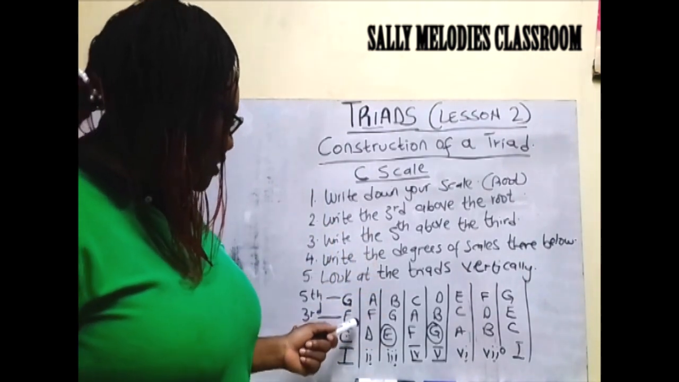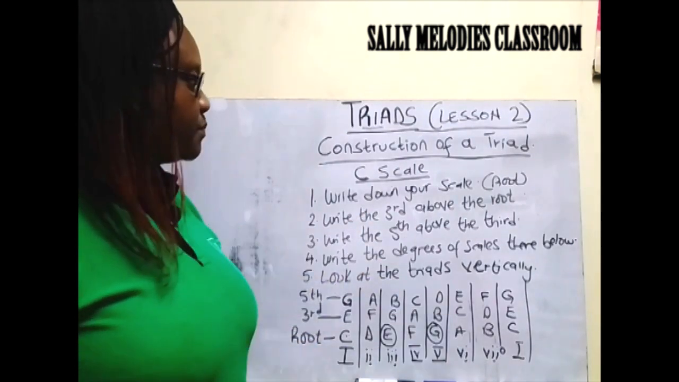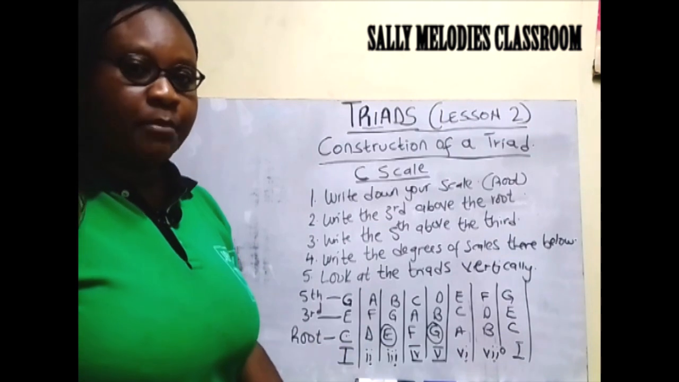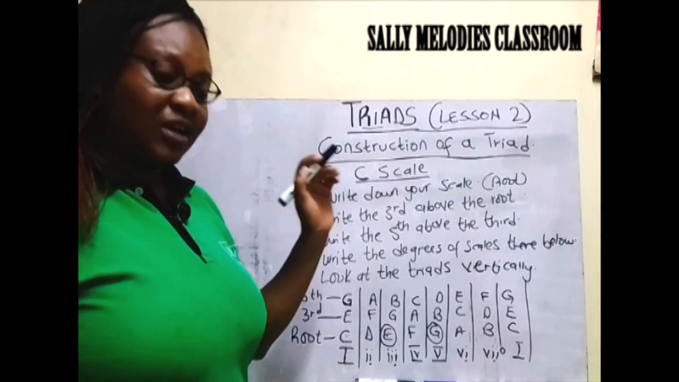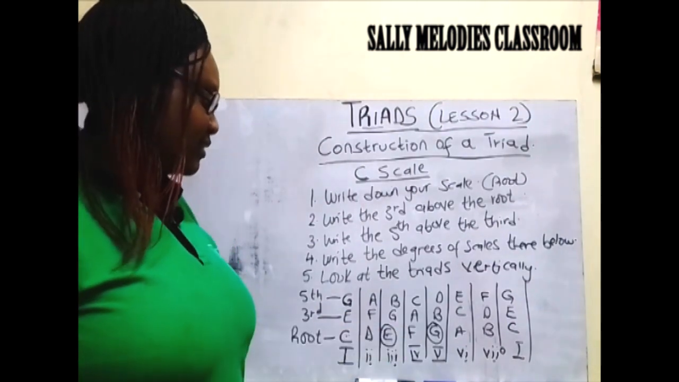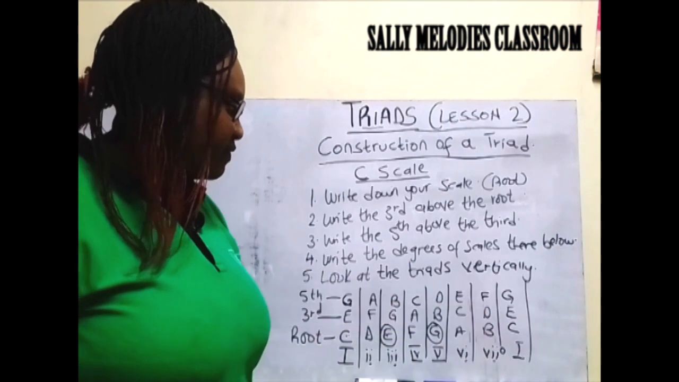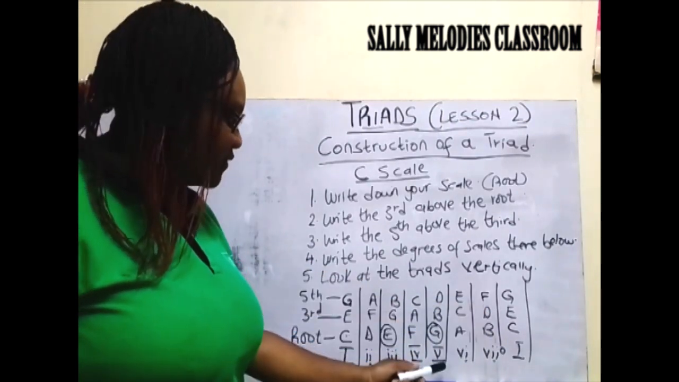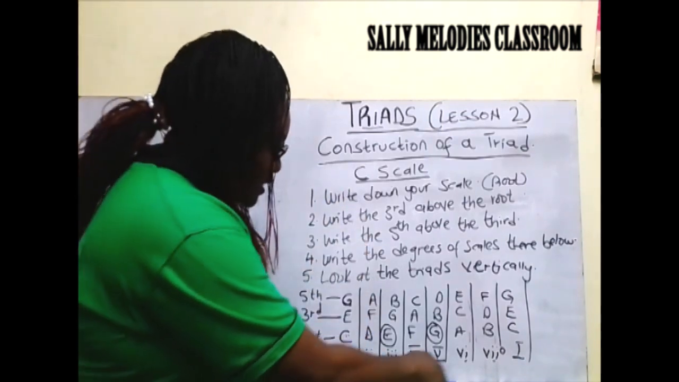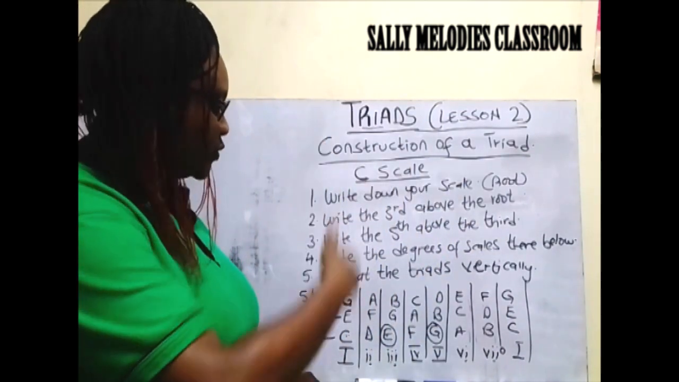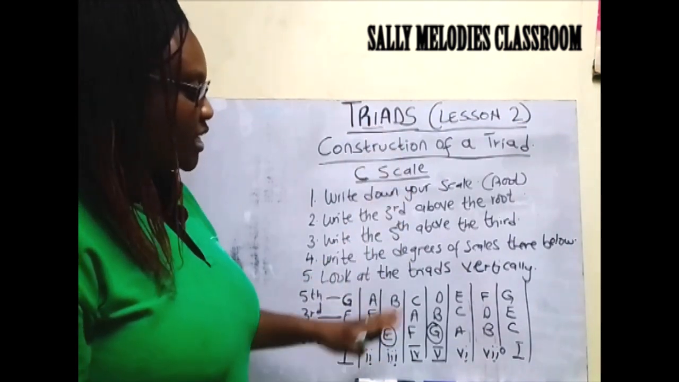So when you be doing this, ensure that you follow the steps. Take a book, construct a scale. After constructing a scale, take the third, put it above the root, and then you take a fifth, you put it above the third. You give the degrees of scales, and then you start looking at them vertically,